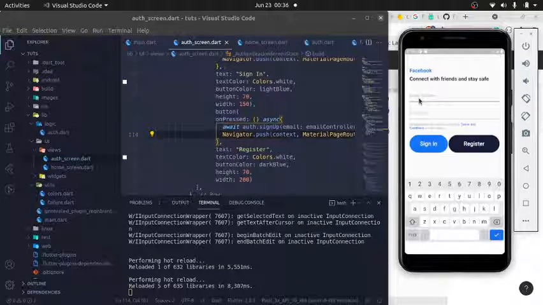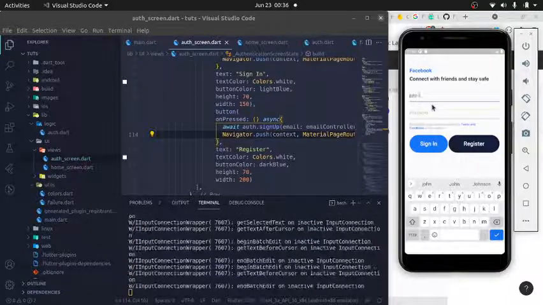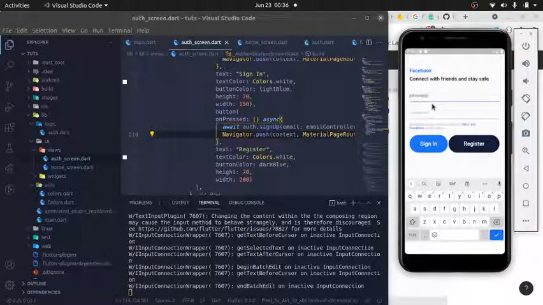Now we can test our code and do something like johndoe@gmail.com, password will be test1234, and we can hit register. But now we don't see a loading screen or whatsoever. We're just hoping for the app to move to the next screen. I'm going to show you guys how to handle things like that, but I don't think it will be in this particular video. Maybe when I'm done, I'll show you how to create